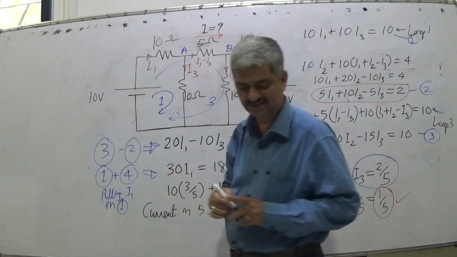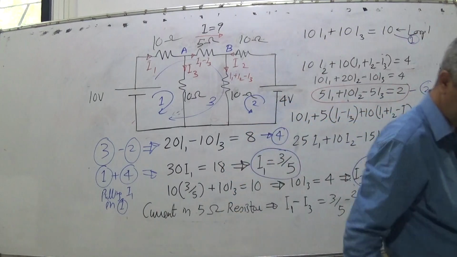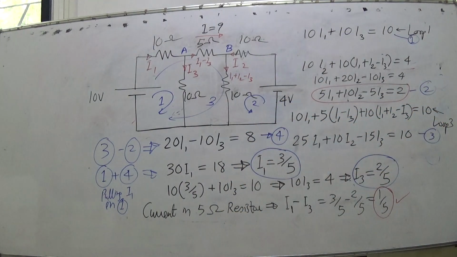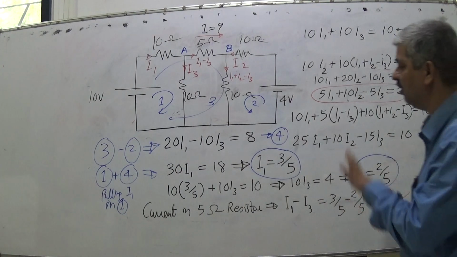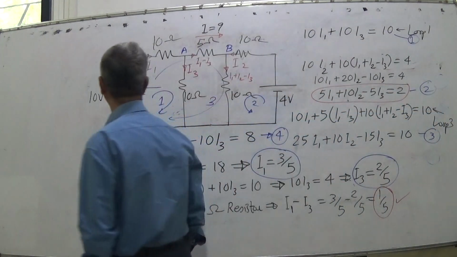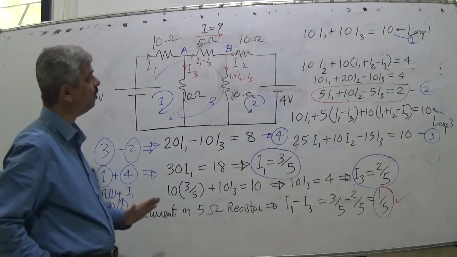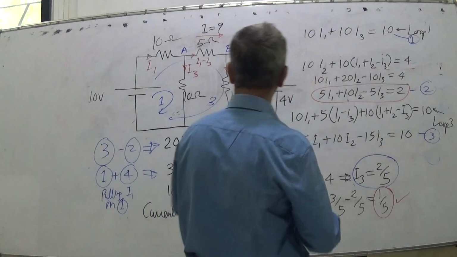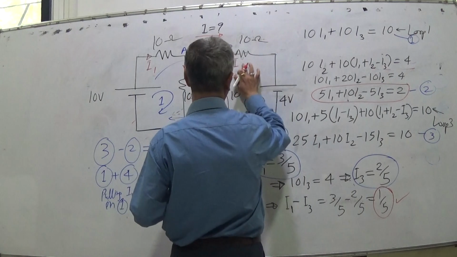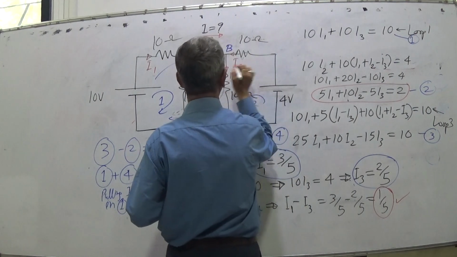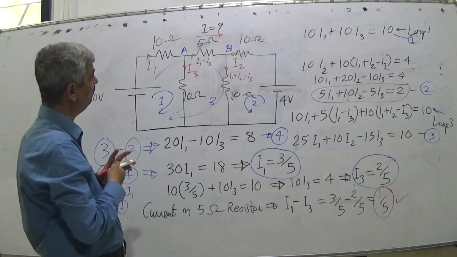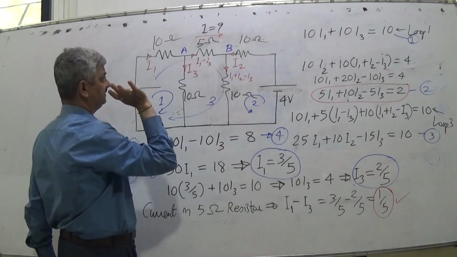using, obviously, Kirchhoff's laws. There are two Kirchhoff's laws as discussed: Kirchhoff's current law or node law, KCL, and KVL, Kirchhoff's mesh law, voltage law. Kirchhoff's current law is taken into consideration while putting various values of the currents. So we want to compute this.